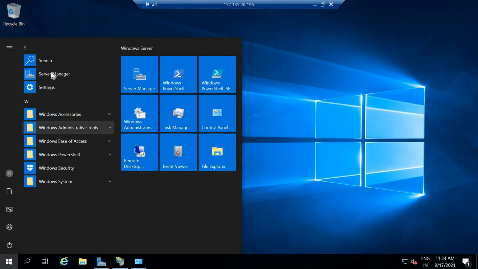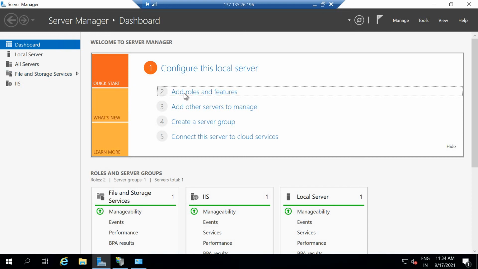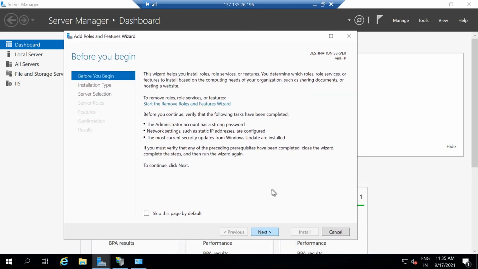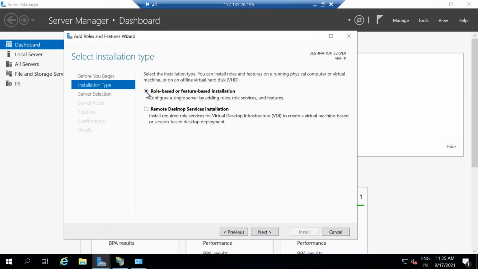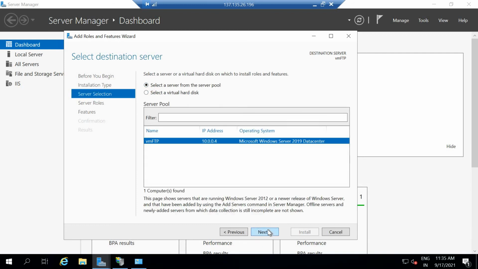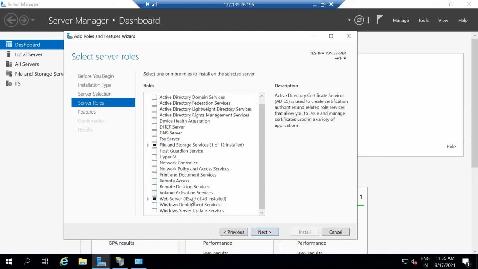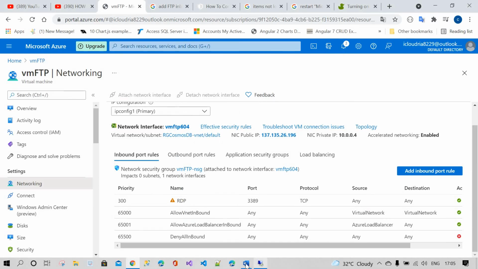First you need to go to the Server Manager. In this Server Manager you need to choose Add Roles. Click on Next, and again click on the first radio button, and click on Next again. You don't need to touch anything on this page. Here I have already installed the web server IIS and everything on my virtual machine, so currently I'm not installing again. I will show the path of how to install it.